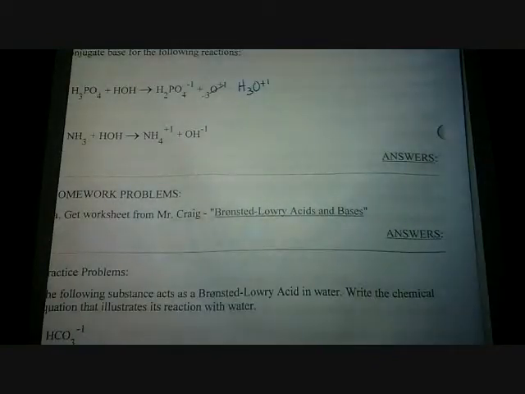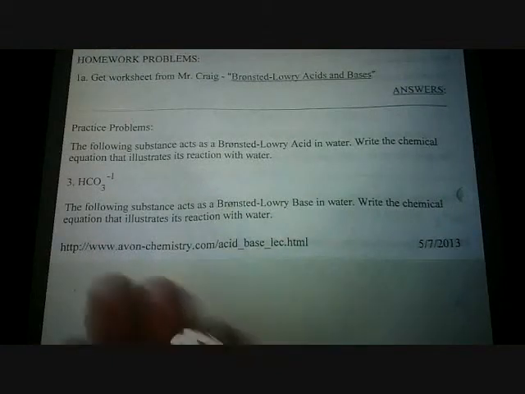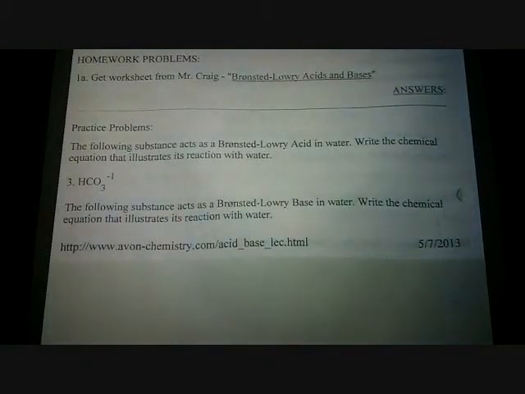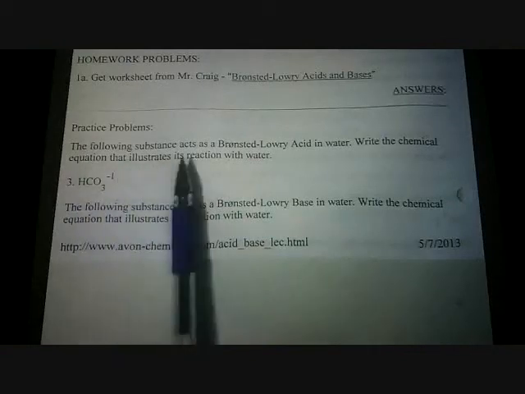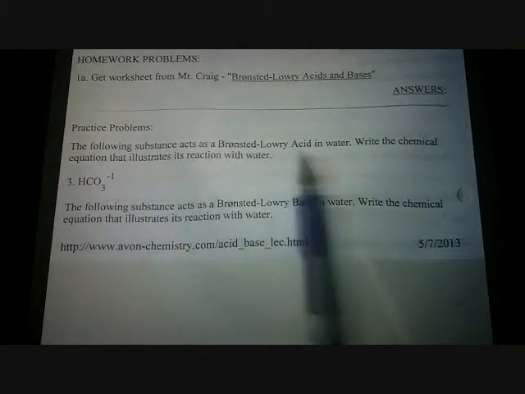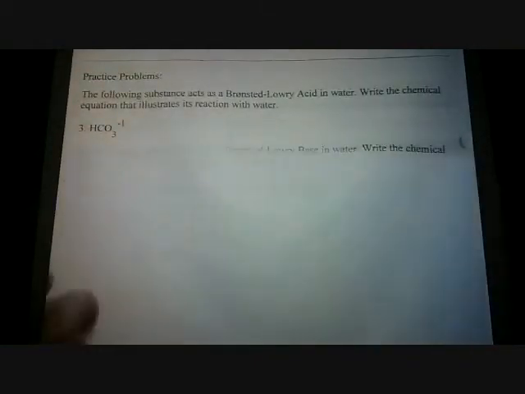All right, now let's look at the next practice problem. Still on page 4, down here. And I've got a couple more examples, I think. Yeah, I do. Because this one's probably a little more confusing than normal. All right, so it says the following substance acts as a Bronsted-Lowry acid in water. Write the chemical equation that illustrates the reaction with water. Okay. So what that is saying is, okay, well we have